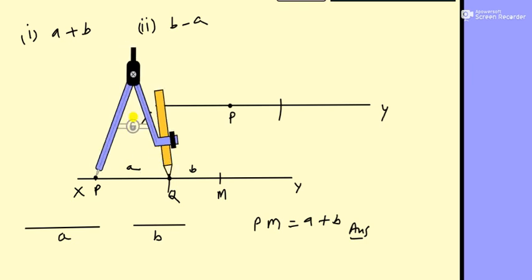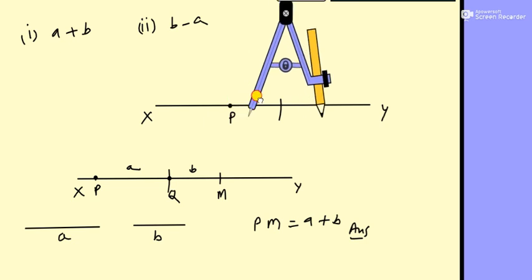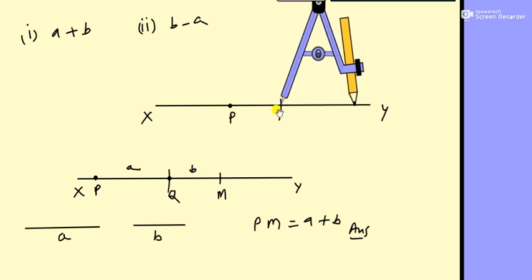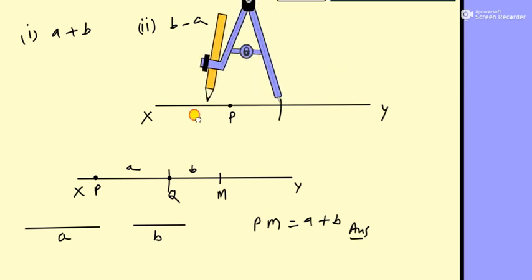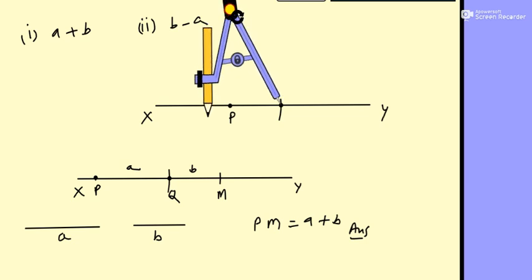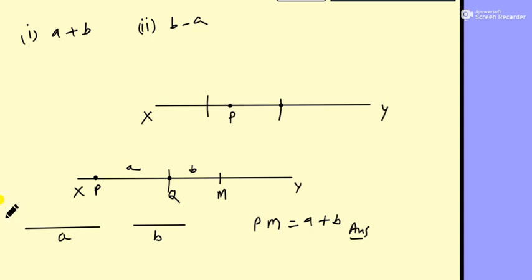The distance now from the point Q, it is the point Q, and the roundel is going to that side and make an arc like this. Remove the roundel. So write the name. So that is the P and this one is Q and this one is R. So as you know, the distance PR is equal to B minus A.